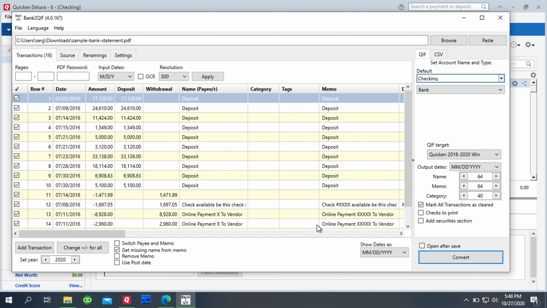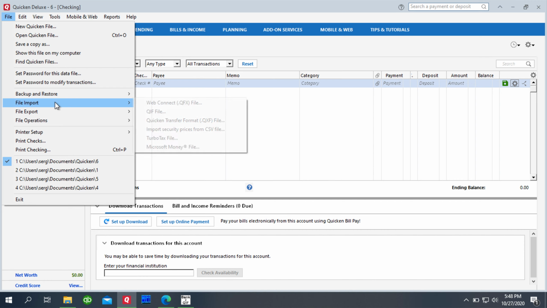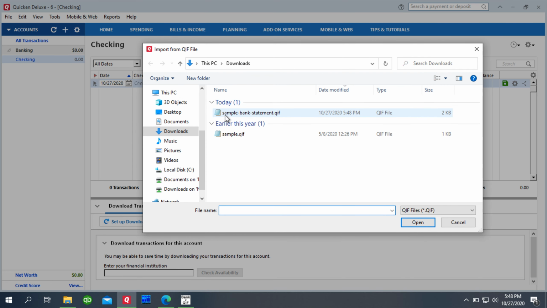In this video, we will be manually importing the created QIF file. So to import the QIF file in Quicken, switch to Quicken and then click File, File Import, QIF file. Then click Browse, select